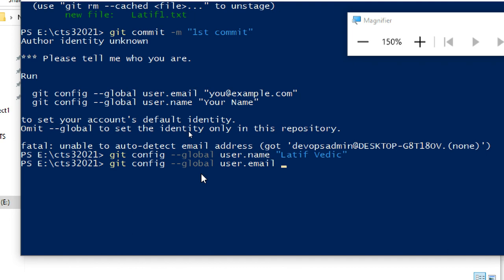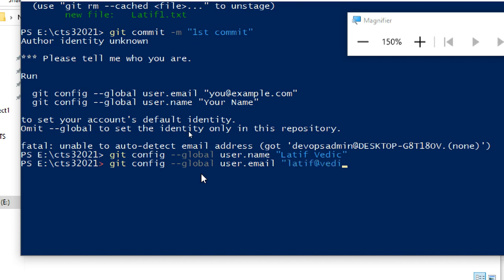Once only, first time only, you are giving this. I didn't do it on this machine. I have three or four machines only for DevOps, but every time I install freshly because you should not miss this one.